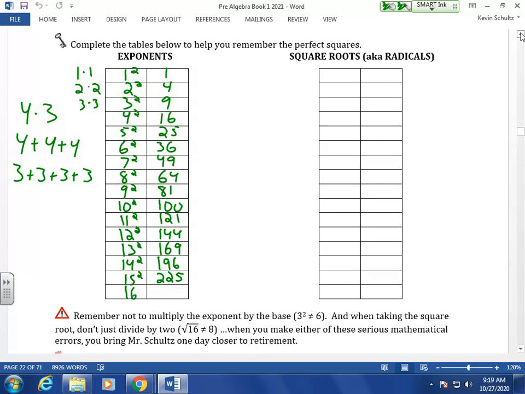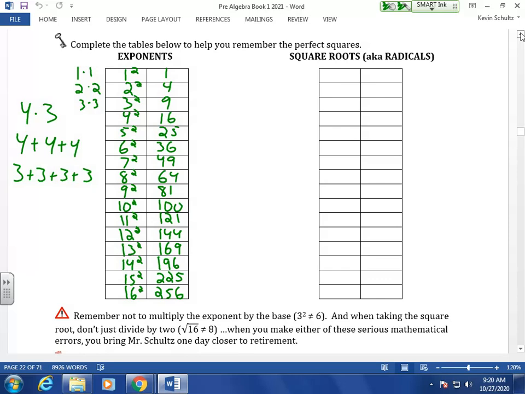And 16 squared, 256. Good. So this should definitely be a section that gets down on a help sheet and comes in for the test,